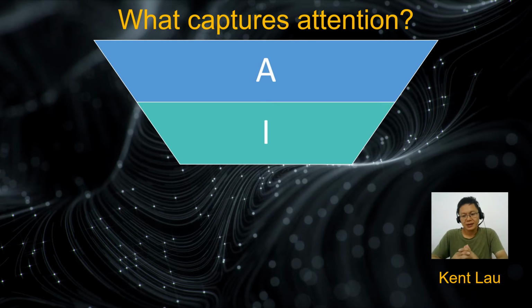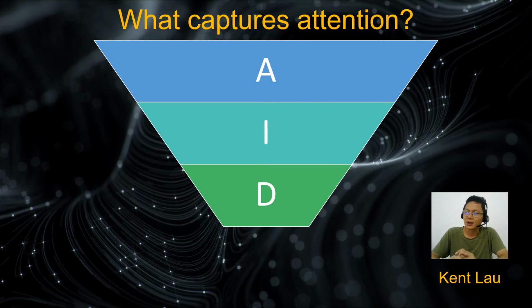And then people want to solve it, so that's why there is interest, because the problem is so big. Okay, so next one is, yes, you're right. People want to solve it. They're really eager to solve it. It's called desire. D for desire. And finally,